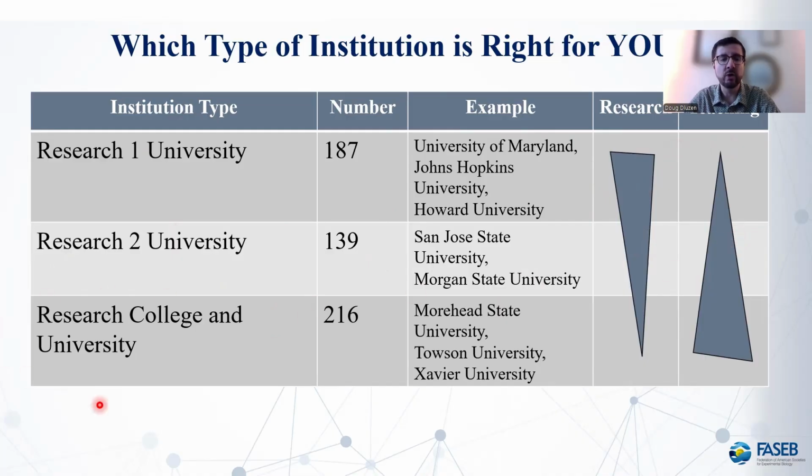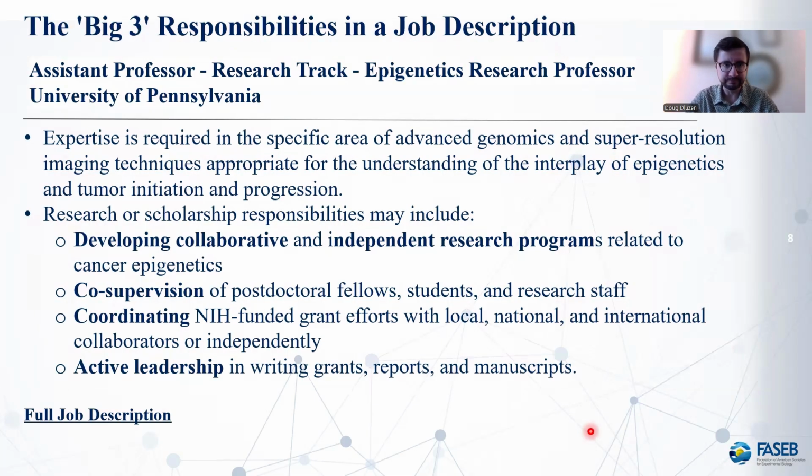And when you go to universities that have spent less on research and development and award fewer doctoral degrees overall, you are likely going to be spending more time teaching at the graduate or undergraduate level than doing research. Again, these are generalized buckets. This is not necessarily true for any specific university, but it can give you a feel, especially if you are still getting familiar with the US system of universities, for the expectations you would have joining their ranks. So let's take a look at a couple job descriptions.